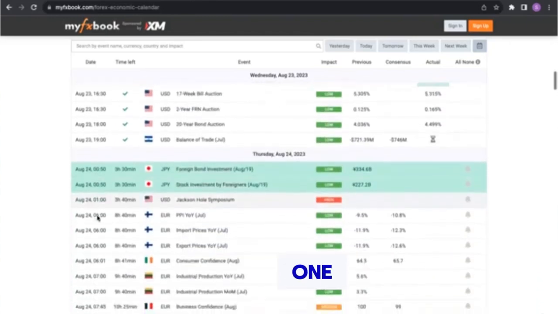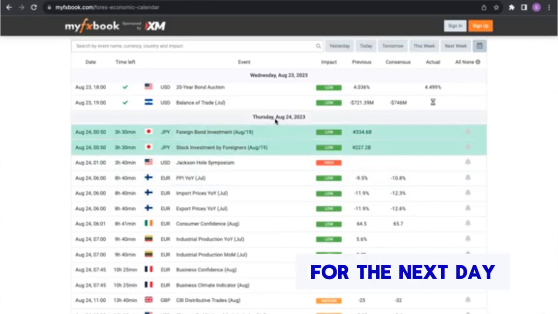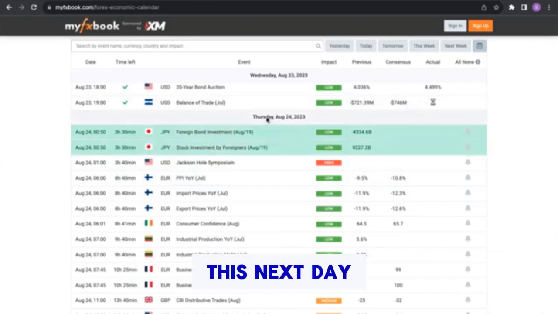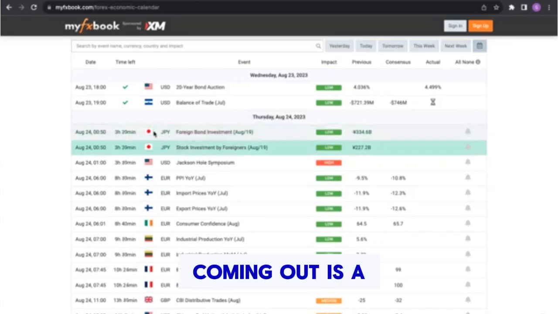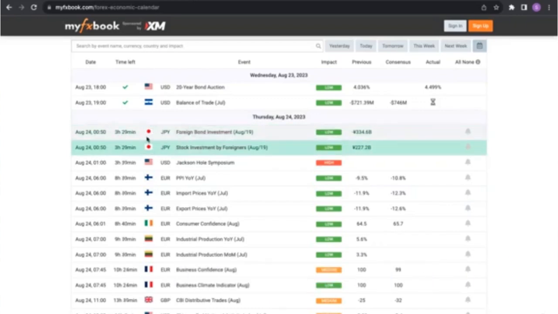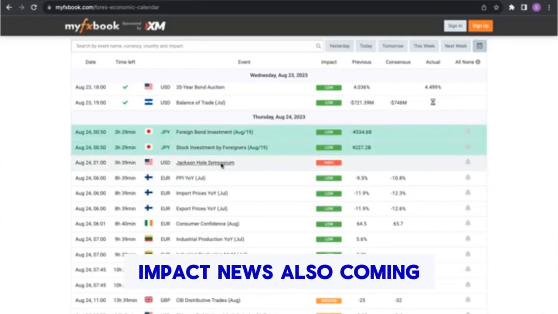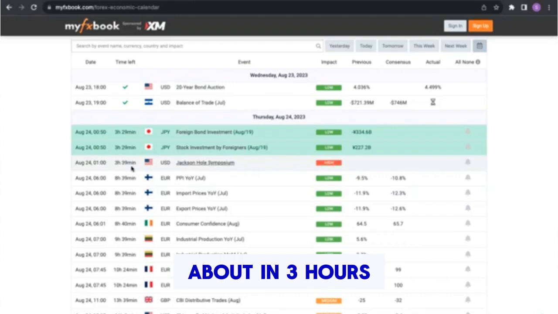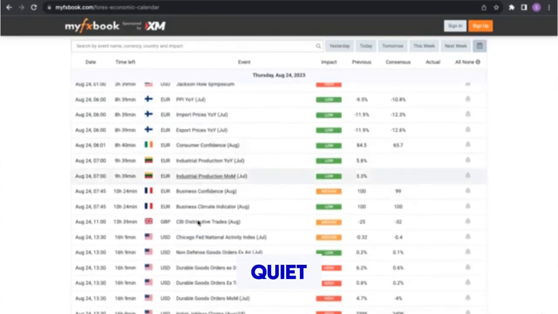So look at the news for tomorrow, for the next day. Now I'm talking of the next day, which is Thursday. The first news coming out is the Japanese news, affecting the Japanese yen. And then we have the US news, a high impact news also coming up later, in about 3 hours' time from now. And then you see the market is quiet